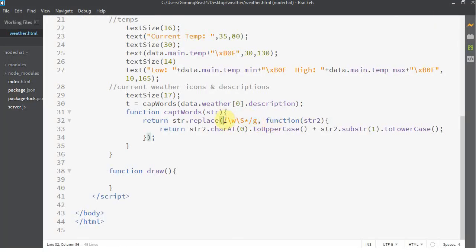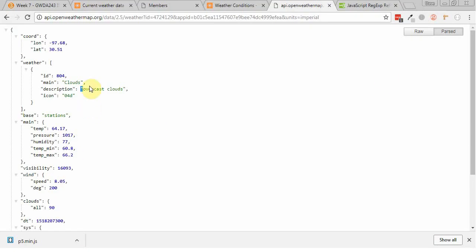So what it'll do then is once it finds a word, it'll run this function and pass that word into string 2. So it'll take that word and then it runs this. Okay, so when it finds the word, it puts it into string 2 and then it returns another thing. So string 2 would be, right, cloudy or overcast,